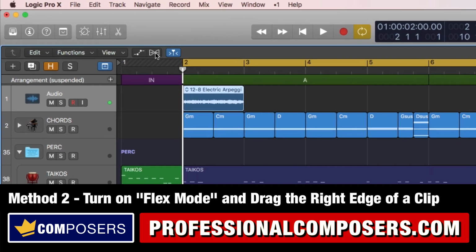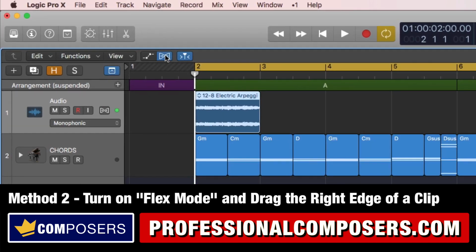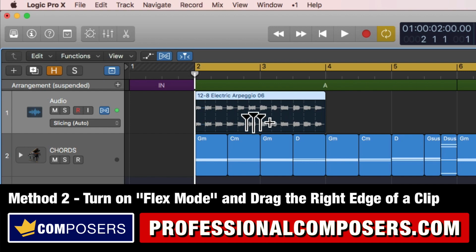However, with method number 2 for time stretching, this will work for any audio clip including Apple Loops, and that is to turn on the flex mode here, the flex engine, and then turn on this here for the flex engine, and now you can see it was turned back to the original state, which is non-synced to your tempo and project timing. So you can see it is out of this bar line. Now I can use not the Option key, but actually simply hovering my mouse on the right edge of the clip and make it go back to 1 bar if I wish, or even 2 bars, or whatever you want